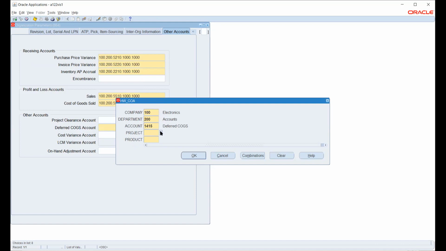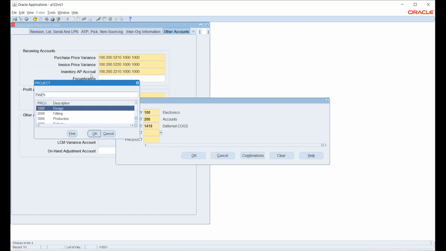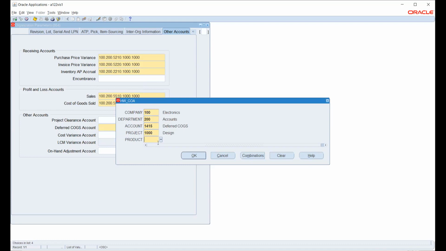So the sales account and cost of goods accounts will come in when we book the order. So this will come as a part of the O2C cycle basically. So the above part, that inventory AP accrual, is part of our P2P cycle. So this is part of our O2C cycle. So here basically we have another two parts, that is